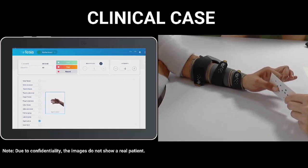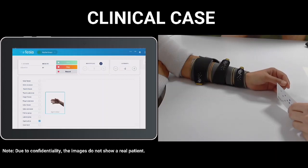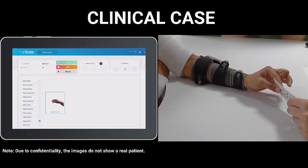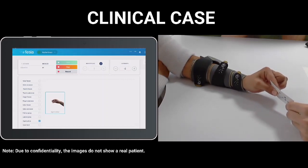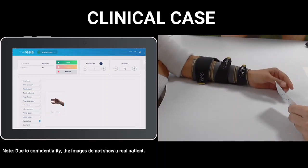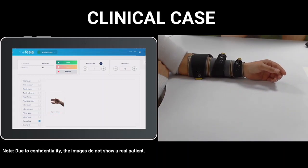And this is an easy way. Okay, I am trying to retire it. As I was saying, this is an easy way to train the voluntary contraction of functional graspings. Perfect. And just to finish, we will train another difficult or more functional movement, which is the classical